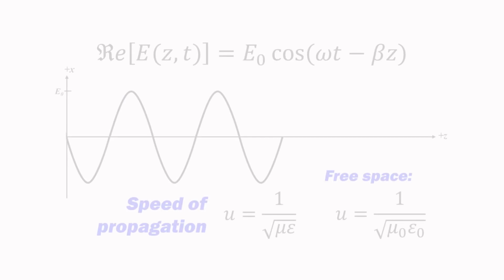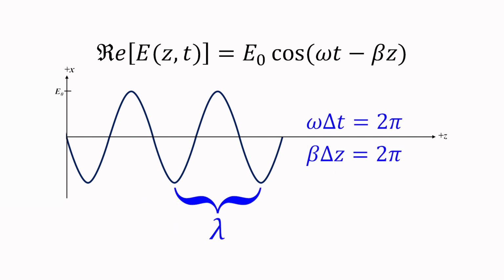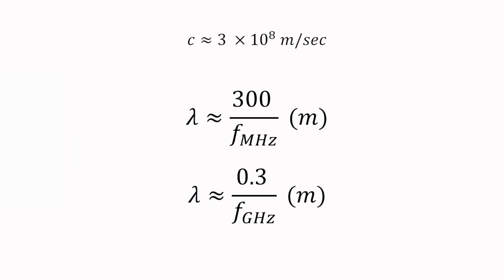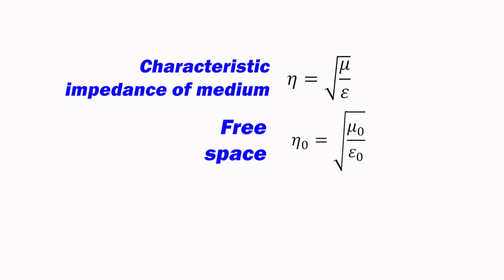This session was clearly highly theoretical, but we arrived at some valuable analytical tools that we will be using a lot going forward. In addition to showing that electromagnetic energy propagates through space at the speed of light, we showed that the wavelength of those resulting waves equals the speed of propagation divided by the temporal frequency, which leads to these equivalent forms that provide a quick conversion of frequency to wavelength. The characteristic impedance of the medium is given by the square root of the permeability divided by the permittivity. In free space, this equals approximately 120 pi, or 377 ohms.